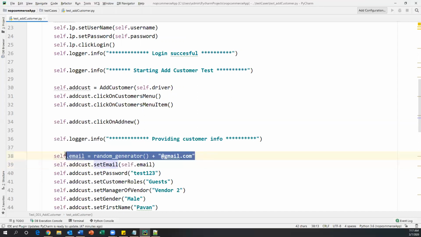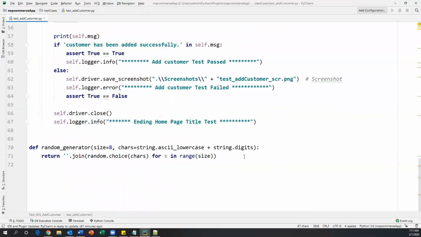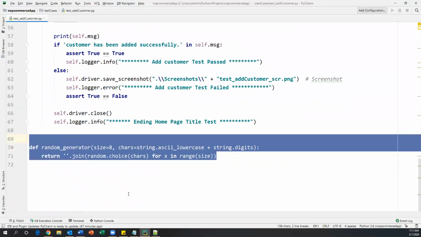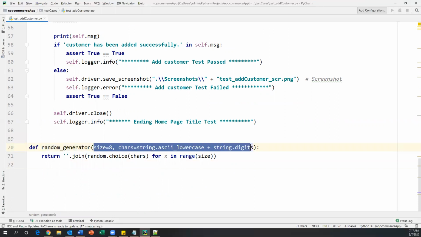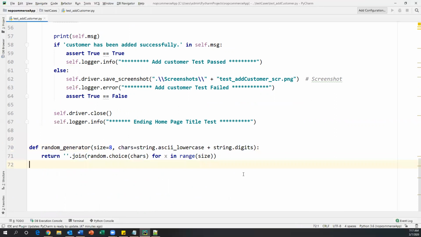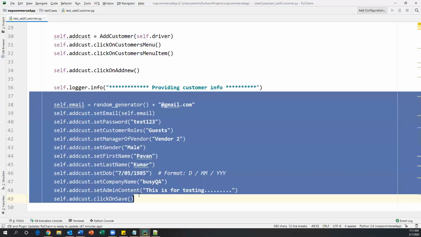This is the thing we need to remember sometimes. To generate test data, we can write our own user defined function, and wherever you need some random data, we can just call this method. We don't even need to pass any arguments here. So this is how we need to create it. This is just a Python function. We have passed all the data, click on save.